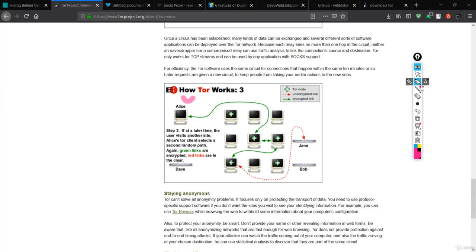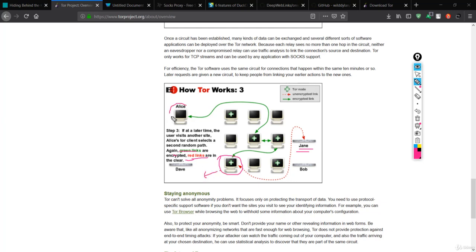So this is a very important encrypted technique in the case of Tor, and we have to see how these circuits are created in Tor. The green link here is an encrypted one and the red link is the clear, or unencrypted, link. That means this will have the information of this node, but this node is one of the Tor nodes.